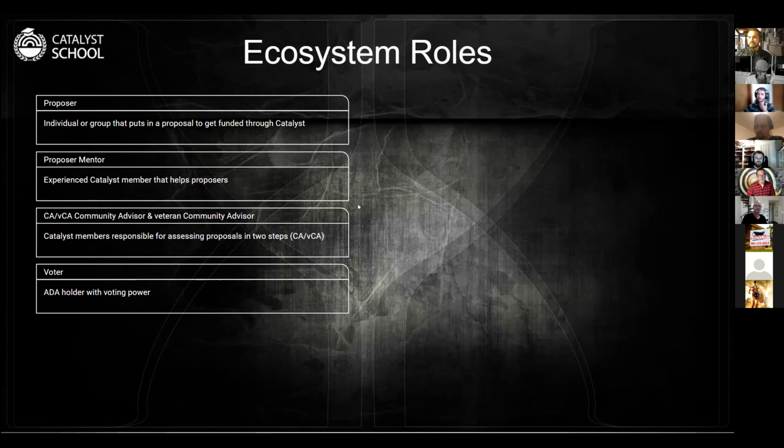And I believe that this is due to some scalability challenges that the technical team has to face when they accept a lot more wallets participating in the process. But they are working on getting this number lower and lower. So I believe that in the future, anyone who holds any amount of ADA will be able to participate in Catalyst.